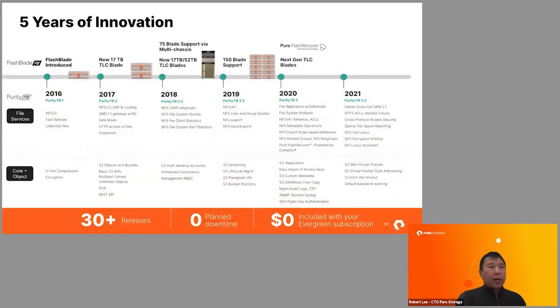Quick look back at the last 6 years of continued innovation, as we started off the session by doing a quick poll. We launched the product in 2016. Since then, a huge number of follow-on additions, everything from expanded blade options, going from initially 8 terabyte blades, 17 terabytes, 52 terabytes, dramatic expansion in scale. So really growing out from our single chassis, up to 15 blades, growing that by 10x up to 10 chassis